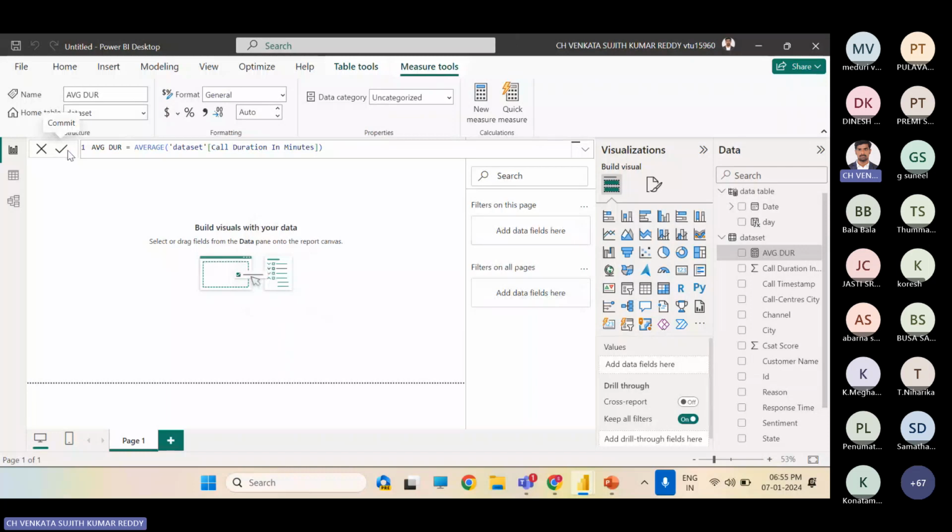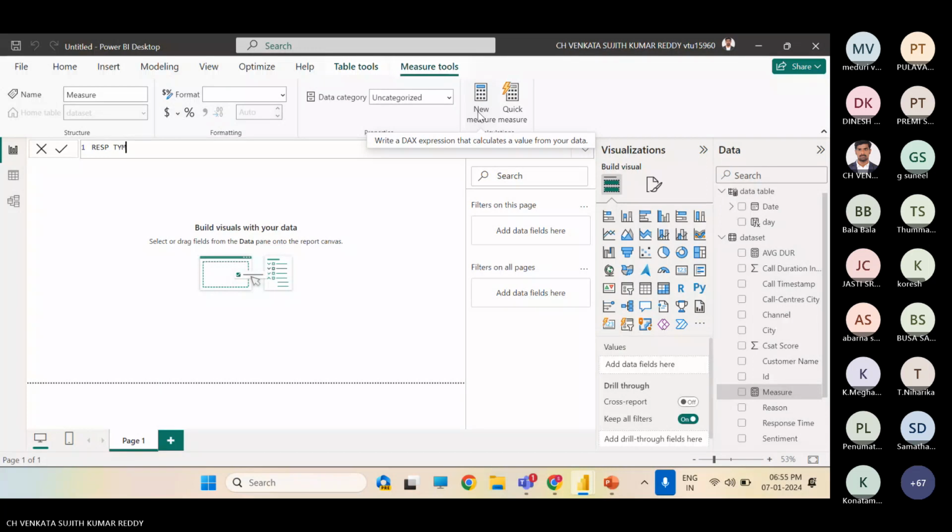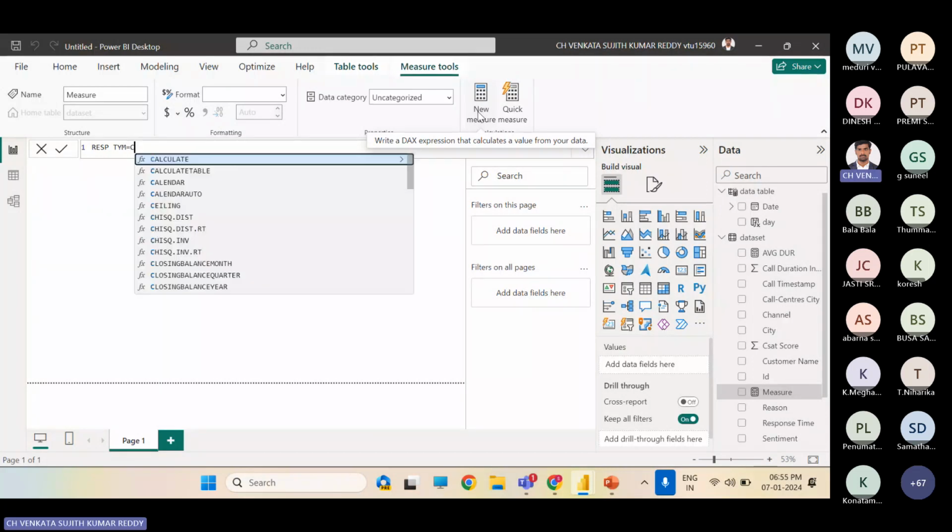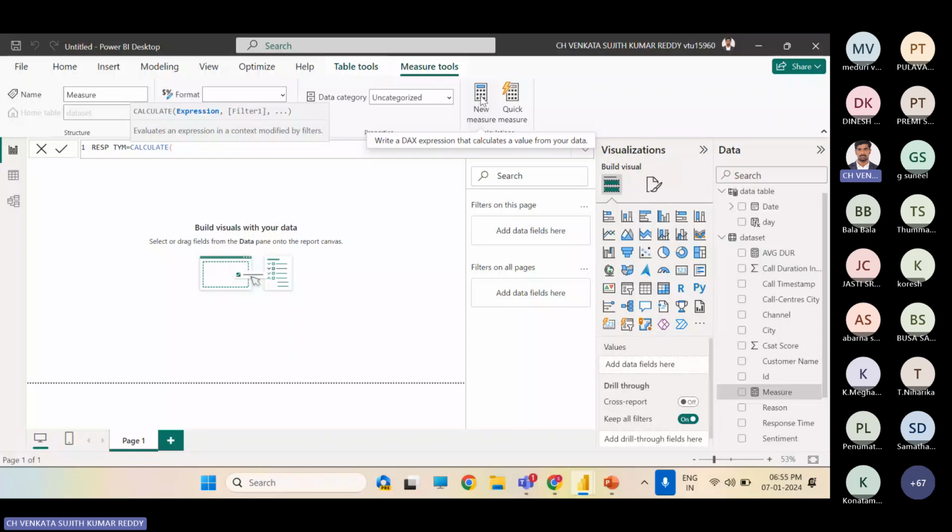And I also thought of having the response time, which is also a new measure. Guys, if you have any doubts, please ask.